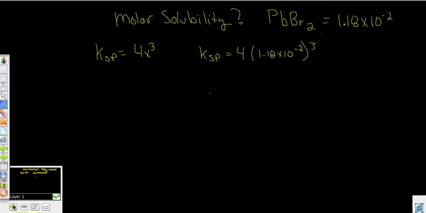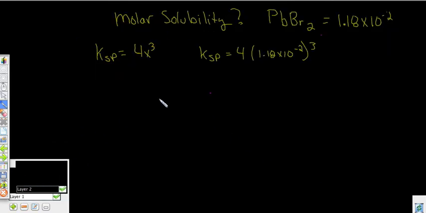So let's say we had an equation where we had molar solubility. Let's say that the molar solubility per mole of this was 1.8 times 10 to the negative second. So what are we saying? We're telling you x, really. So this is the value of x, because for every 1 mole of this that dissolves, we're going to get